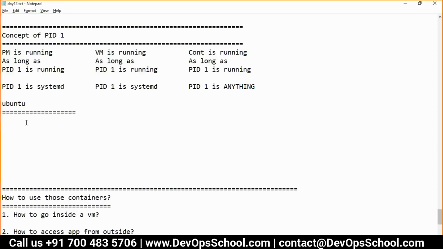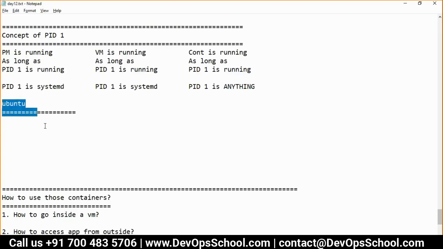Another flavor of Linux, Red Hat. Flavor of Linux, yeah. So here when I say Ubuntu, don't perceive this as an operating system. When I say Ubuntu image, that means root file system, not boot file system. Understand that? Kernel and root file system have a different flavor. Kernel boot file system is only one kernel. Okay, so please understand that.